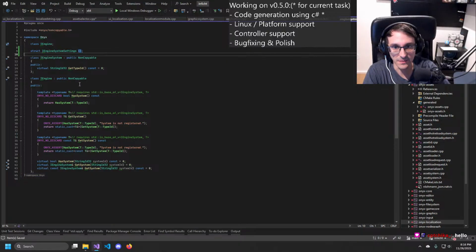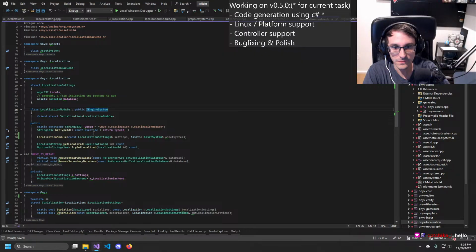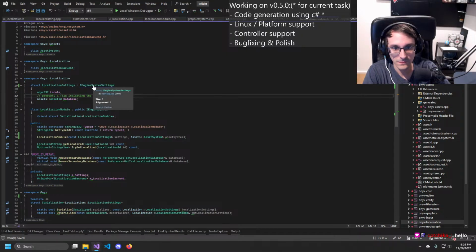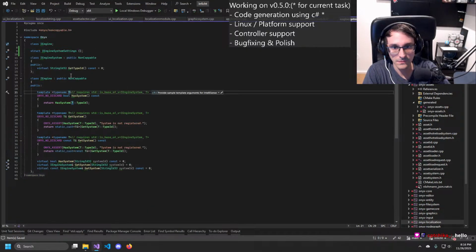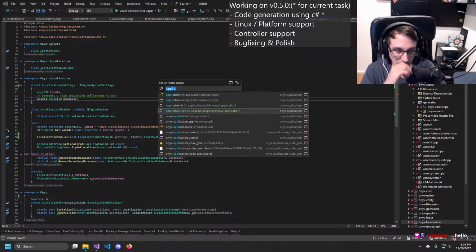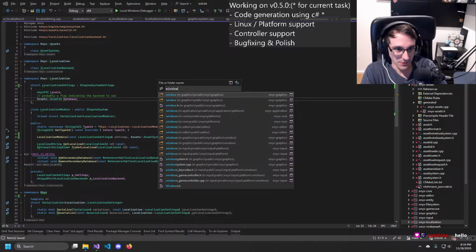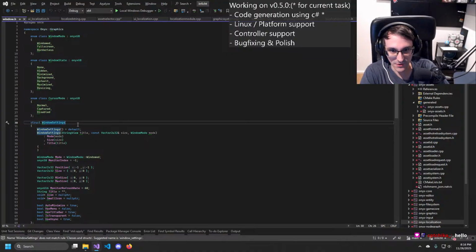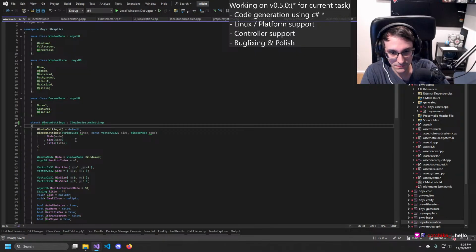So it will be basically empty. I think we might do that actually. And then we have window settings somewhere, which for now we will mark as well as that.